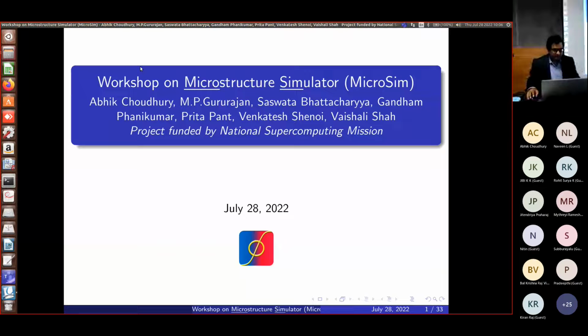So this is essentially a consortium. The consortium involves contributors from IISc, IIT Bombay, IIT Hyderabad, IIT Madras, CDAC Pune, and Savitribai Phule Pune University. Okay, and this project is funded by National Supercomputing Mission. This is one of the